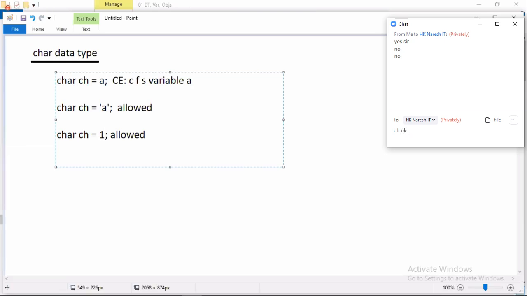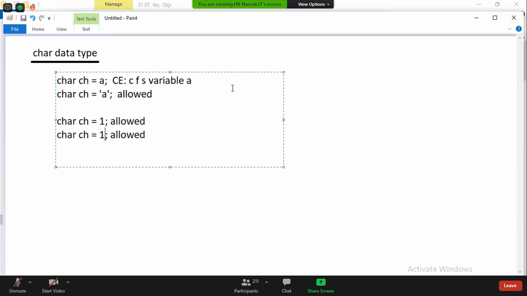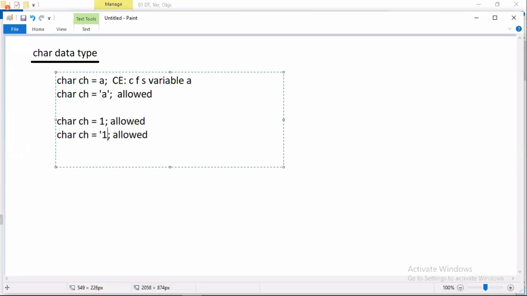If I want to store 1 as a 1, then place it in single quotes. Now it is also allowed. Here the ASCII character is stored, and here 1 is stored as a character, not as a number.